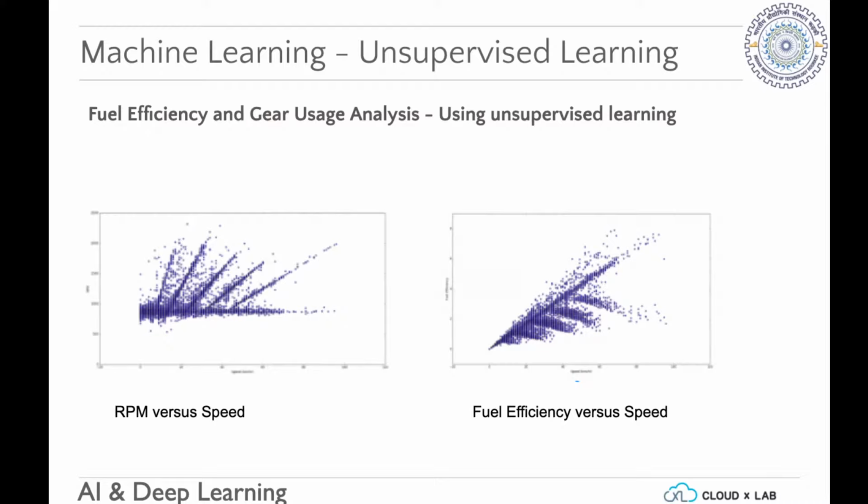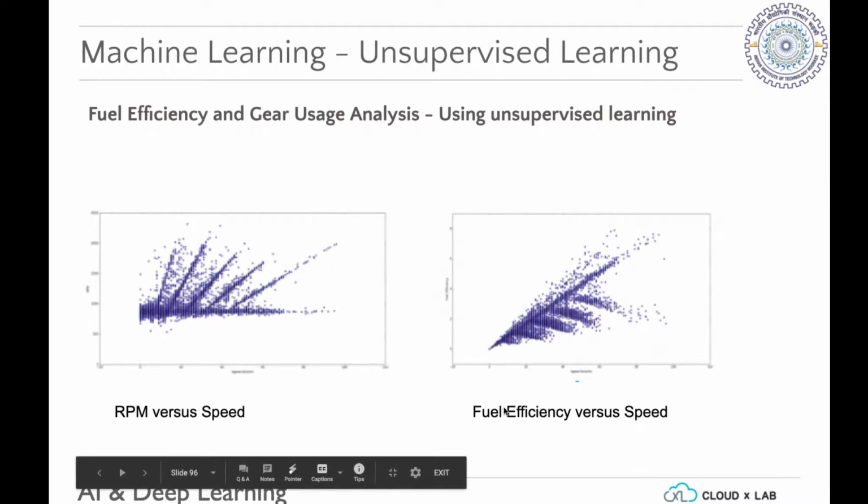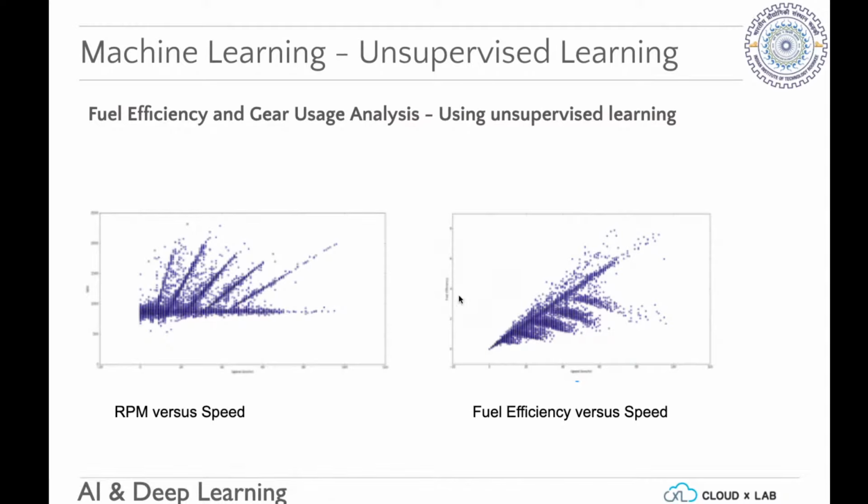Driving patterns and fuel efficiency. We wanted to figure out what are the driving patterns that help fuel efficient behavior. On one graph is the fuel efficiency versus speed. The speed is on the x-axis, the fuel efficiency is on the y-axis, and you can see certain patterns. We see a straight line. In general the fuel efficiency increases as we increase speed, but then we see these five spikes, these five leaves or five branches that come out of it.